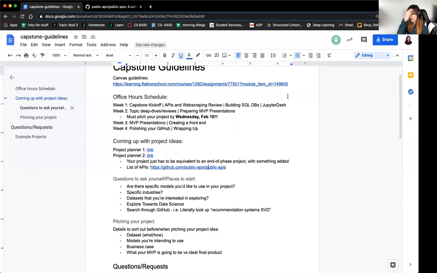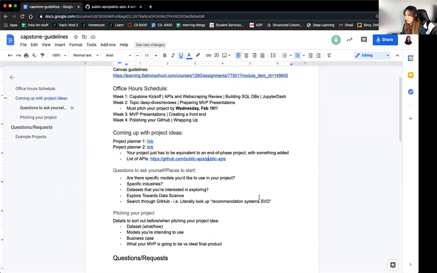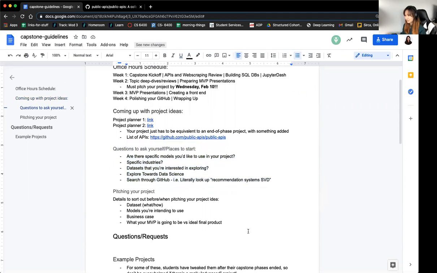I think APIs are one of the easier, more consistent ways to get data versus web scraping, but with web scraping, pretty much anything that you can find on the internet you can get. So it's really up to you. So I think I talked about this already.